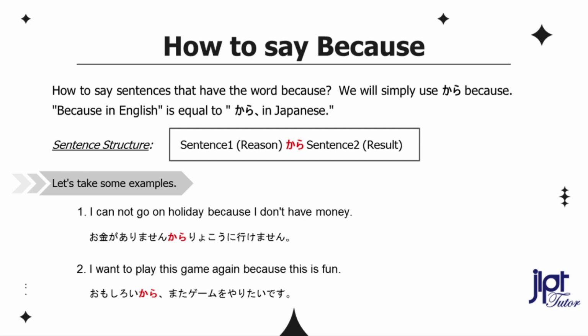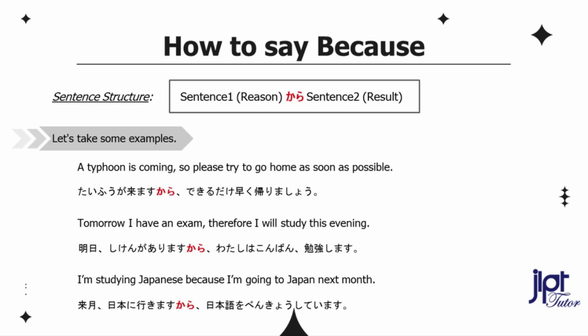Let's do more example sentences. A typhoon is coming, so please try to go home as soon as possible. 台風が来ますから、できるだけ早く帰りましょう。